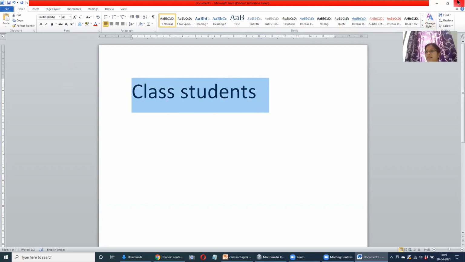If I close this, will it be available for me? No, right? I have to save it first. Otherwise, if I just close it, it is asking me, do you want to save anything which you have made on this particular document? If I click on save, it will ask me a name. If I say don't save, it is closed. So whatever I've written, if I want this to be permanently available on my computer system, I have to save this file. So what will I do? I will click on the save option.